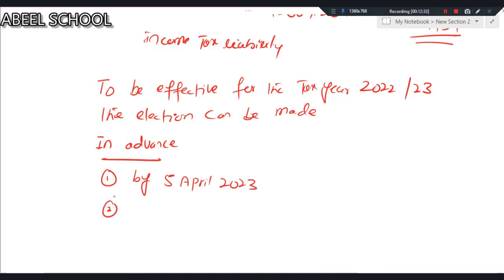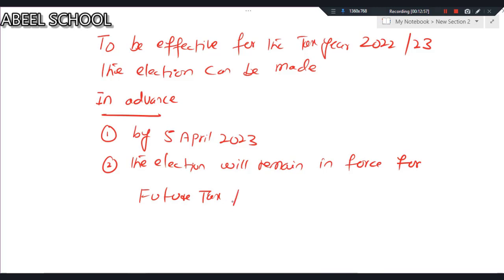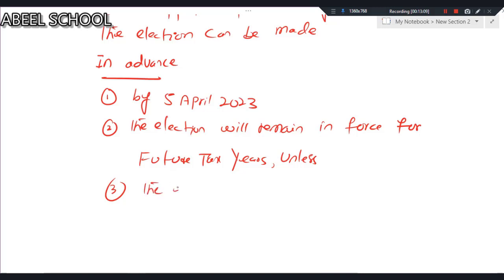The second point is the election will remain in force for future tax years, unless the election is withdrawn,